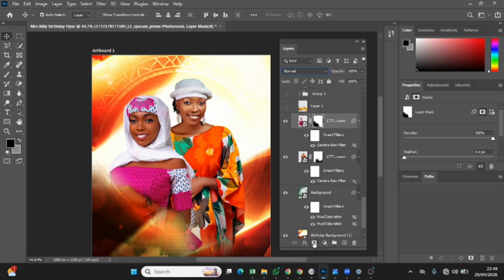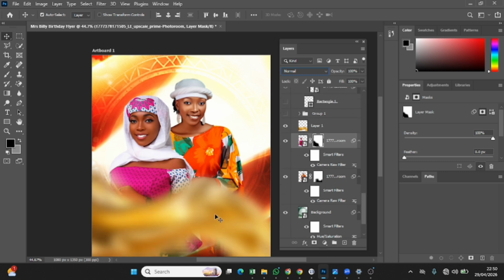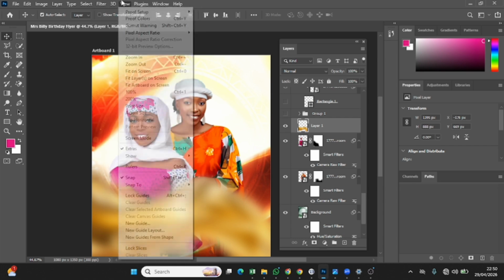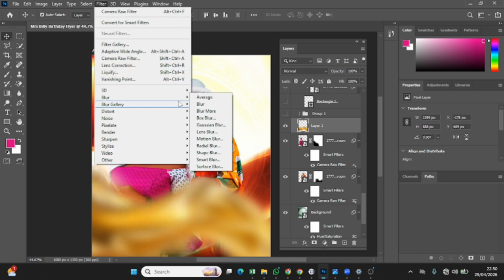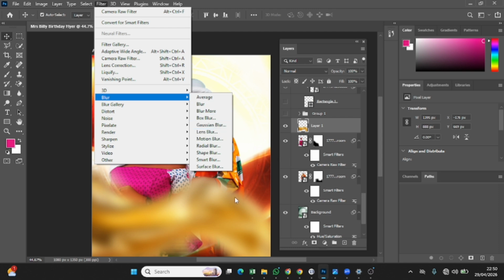So I add a layer mask here, and then I pick my brush tool, foreground color to black. So I just clean up the sides because I need to do something. So I import this like this. So for this one, I imported it, but I go to filter and then Gaussian blur here, and then I blur it out so you can see it. So the next thing that I do is